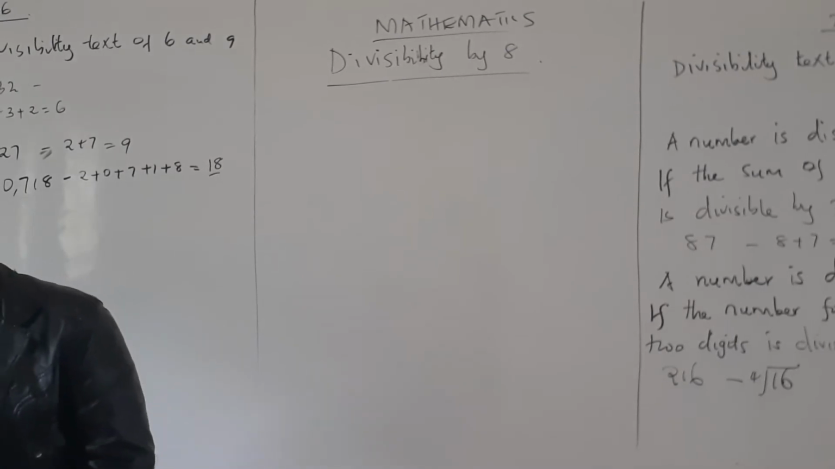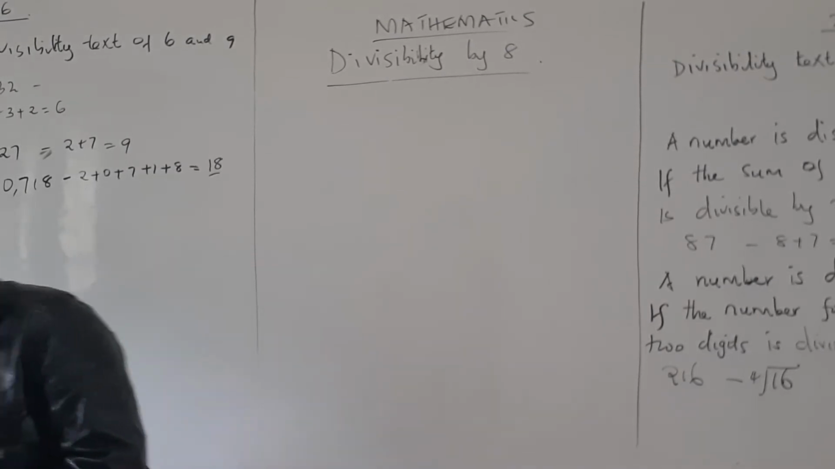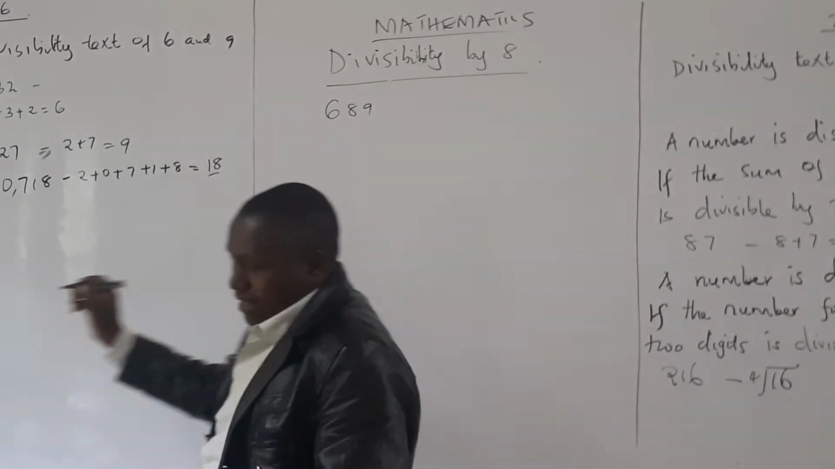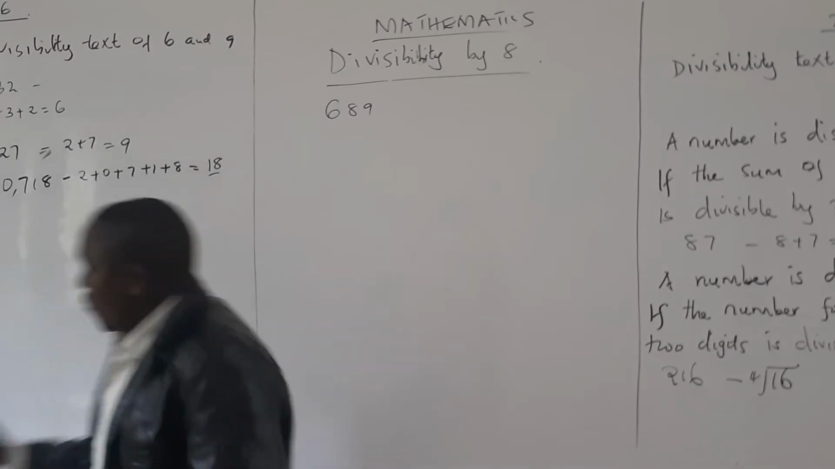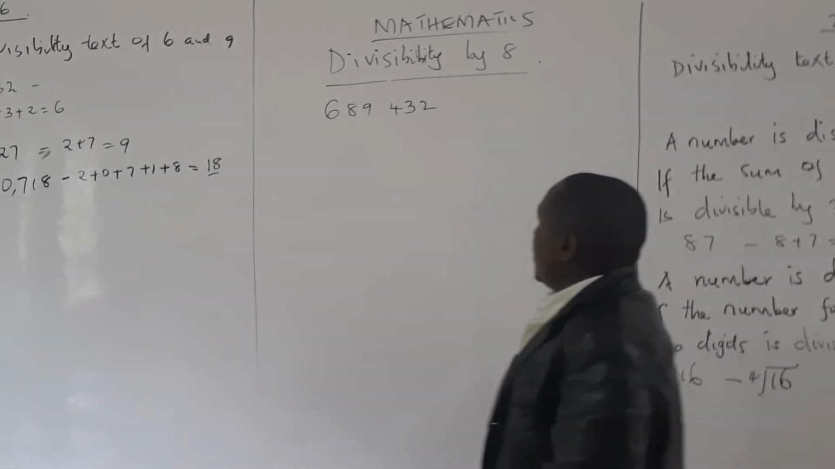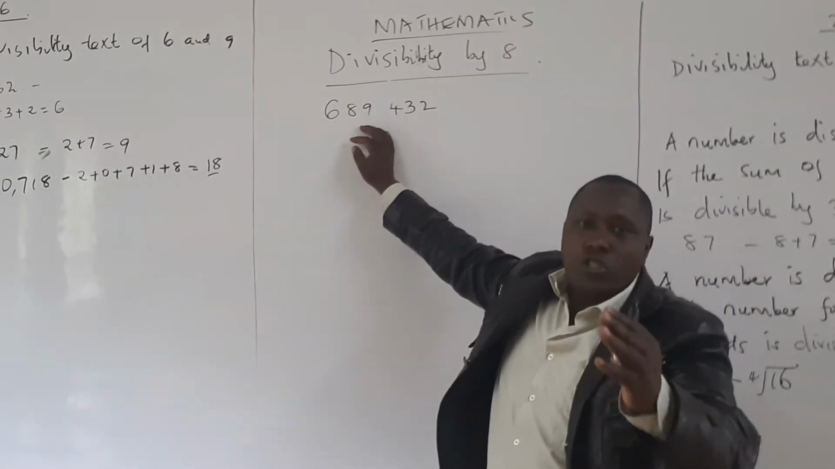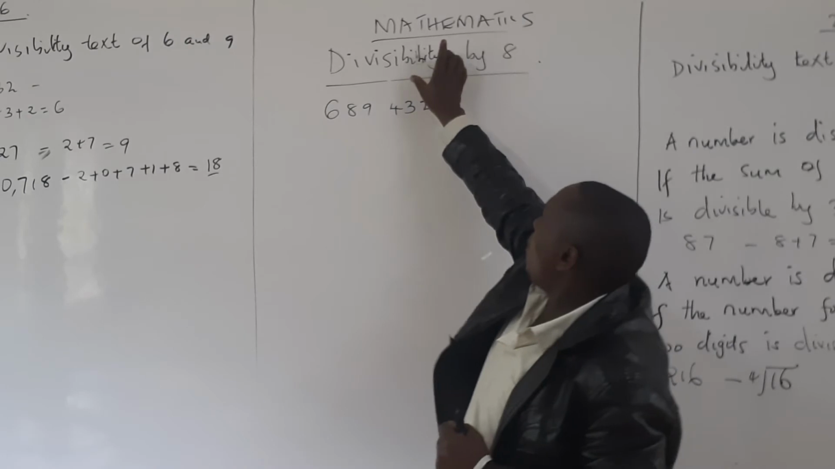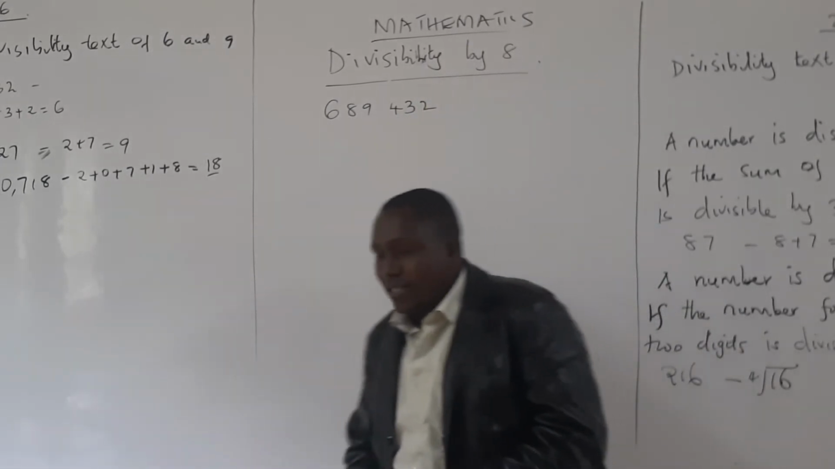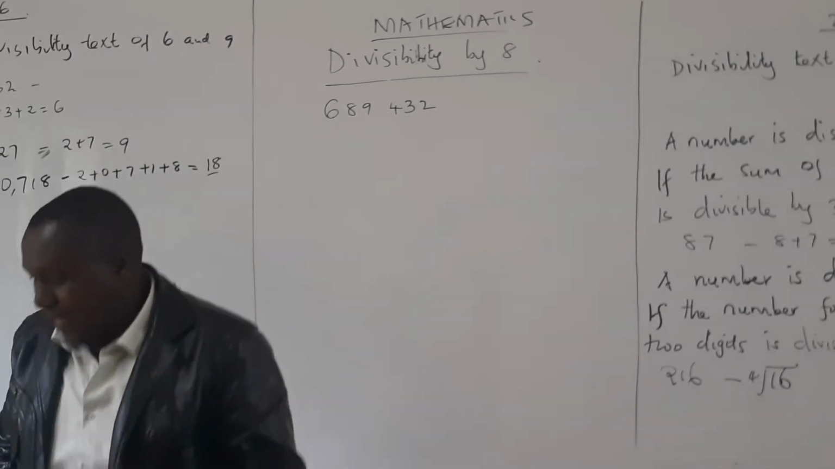You can be given a number like 432. So for you to do this number, using the long division will take ages. But now when you use the divisibility test of 8, where we say a number is divisible by 8 if